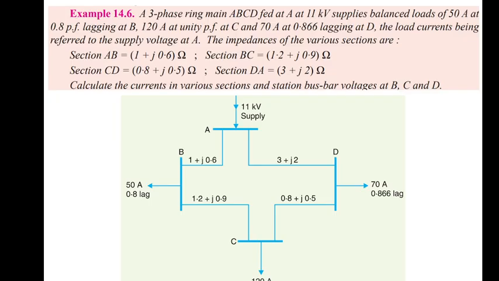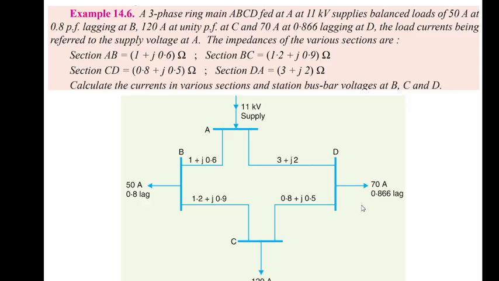Specifically, the loads are 50 amp at 0.8 power factor lagging at point B, and 120 amp at unity power factor, power factor equal to 1, at point C, and